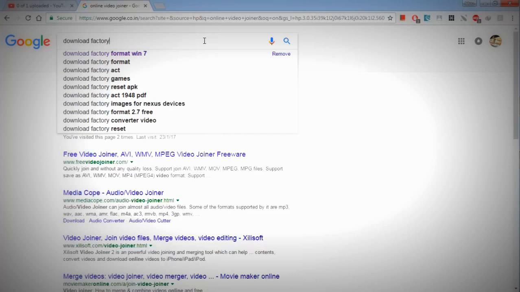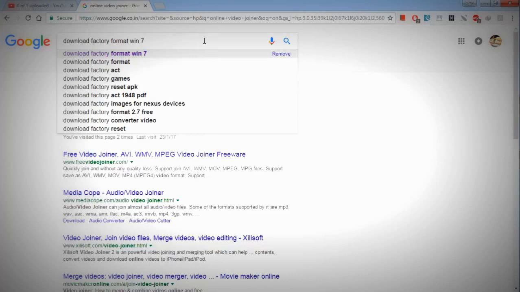You can see there are a lot of search results in Google for Format Factory. I'm just typing download Format Factory Win 7, and you can type whatever version of Windows you are using, maybe 7, 8 or 10, whatever it is. Format Factory will work on any version of Windows: 7, 8 and 10.